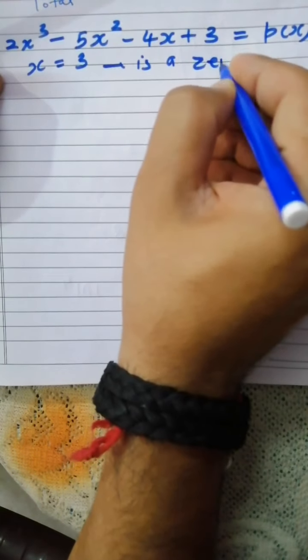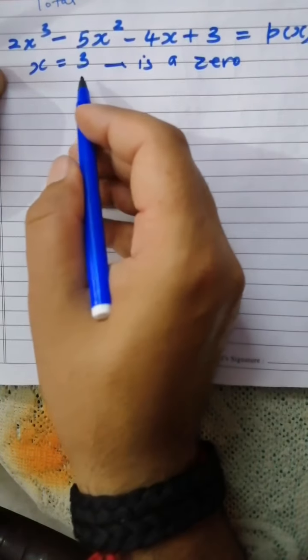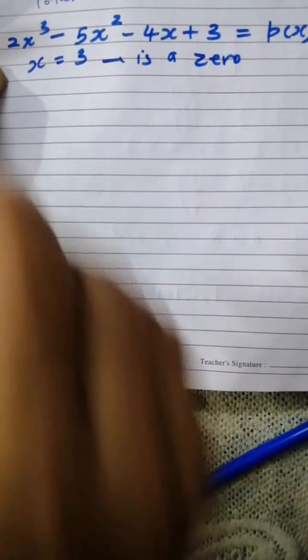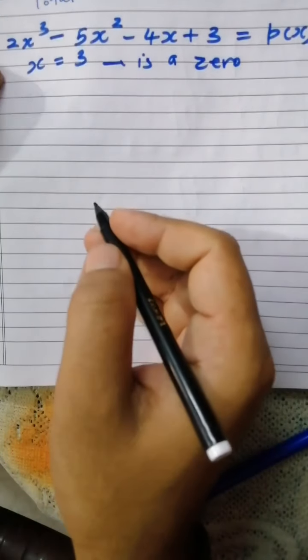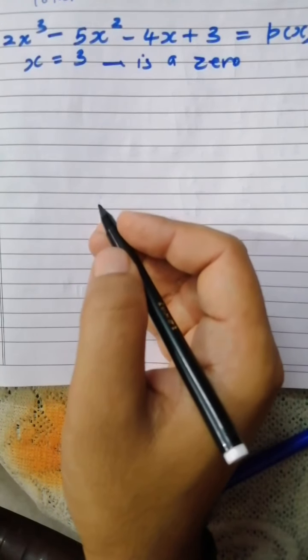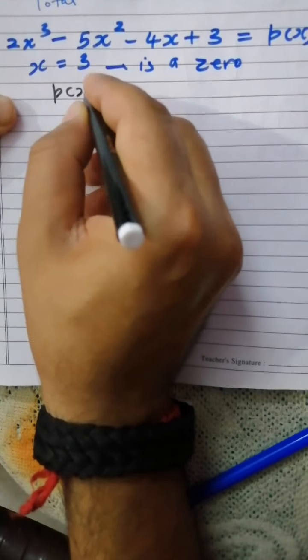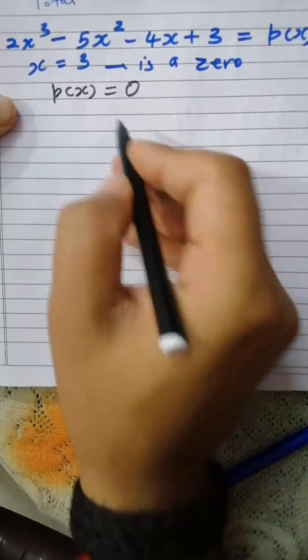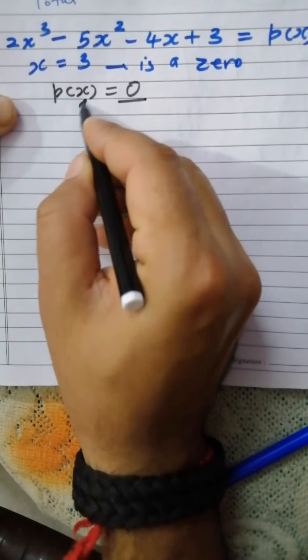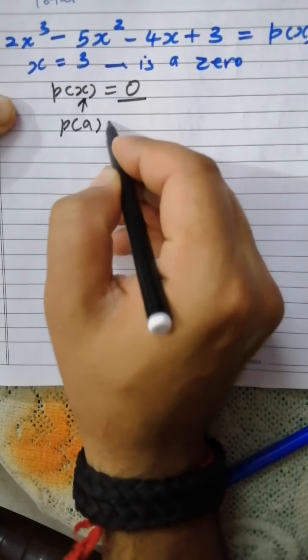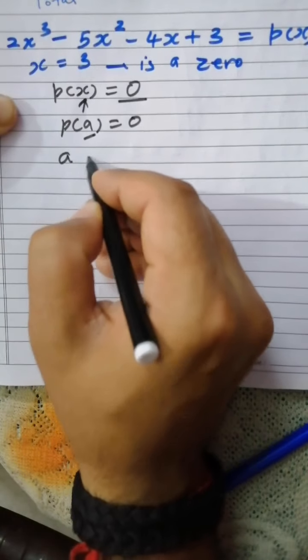Here we have to check whether x equals 3 is a zero of this polynomial or not. So for finding this solution, zeros mean the remainder should be 0, or we can say exactly in one term, it means p(x) should be 0. If p(x) equals 0 for any particular value, or we can say p(a) equals 0, then a is a solution of